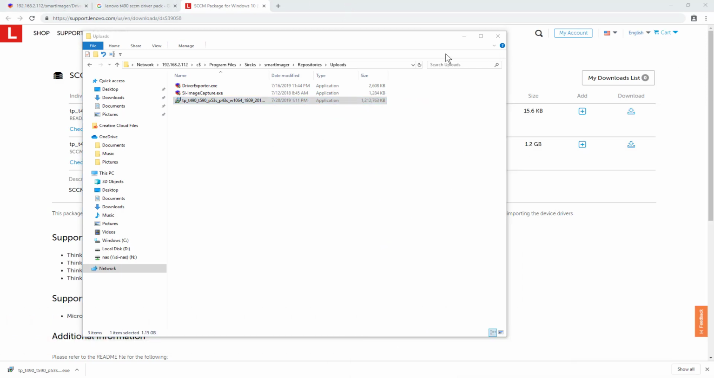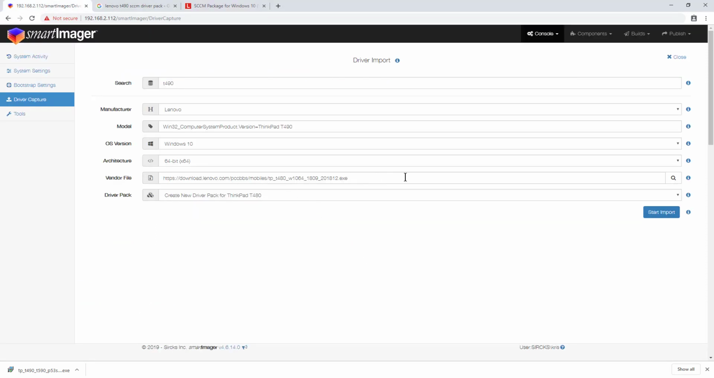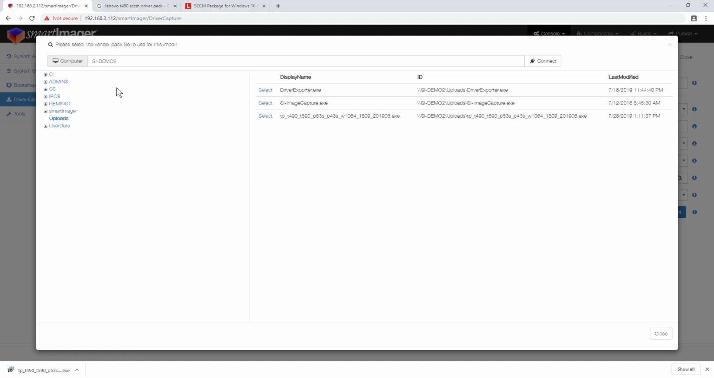Now, once that's over, I can then go back to my Smart Imager console. And what I'm going to do is browse now to that file. And now I see it, and you can see I put it in Uploads because when I click Browse, it's actually going to send me there. So I'm going to select the Select button,